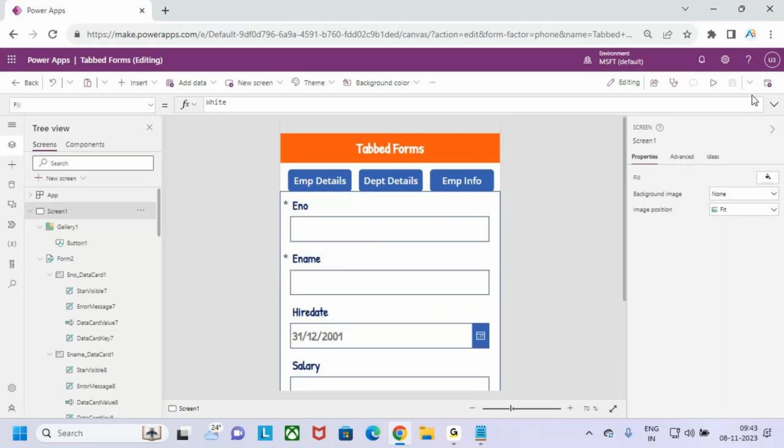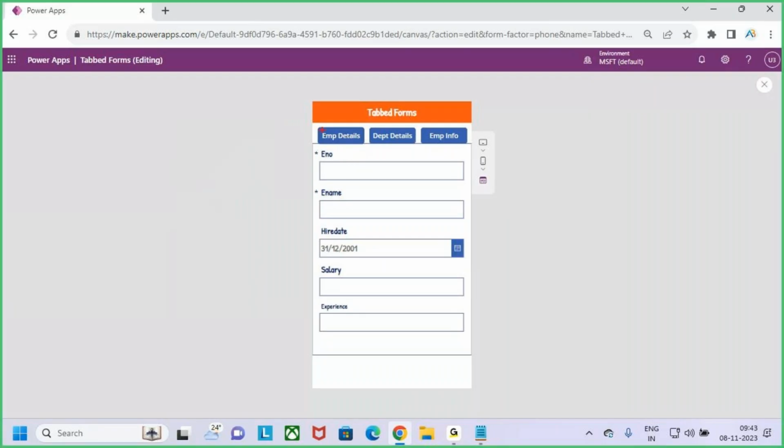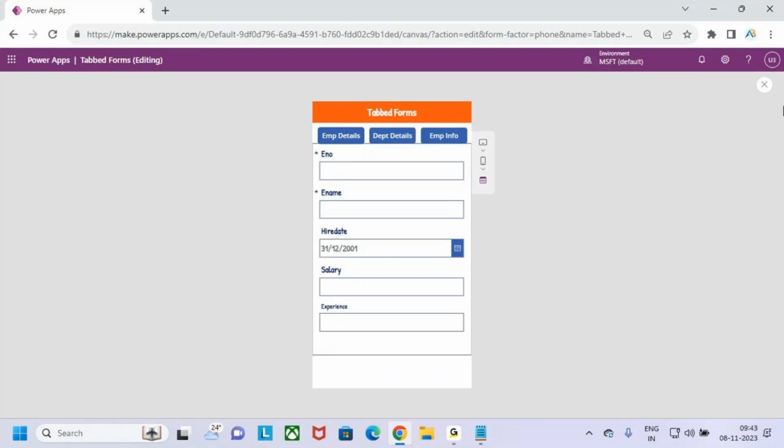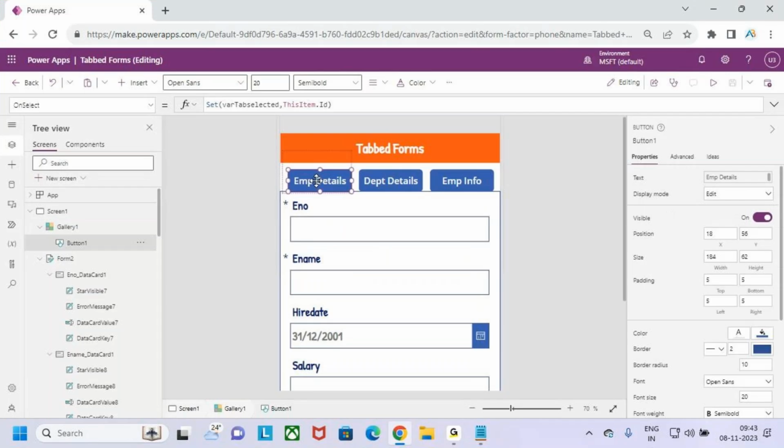And also see here, guys, when I click on any tab, let's say I'm clicking on EMP details. Now when I click on the EMP details, only EMP details needs to be highlighted. The remaining two tabs need to be grayed out. Which tab I selected, that tab I need to highlight. The remaining two tabs I need to keep the color as gray. So in order to perform it,